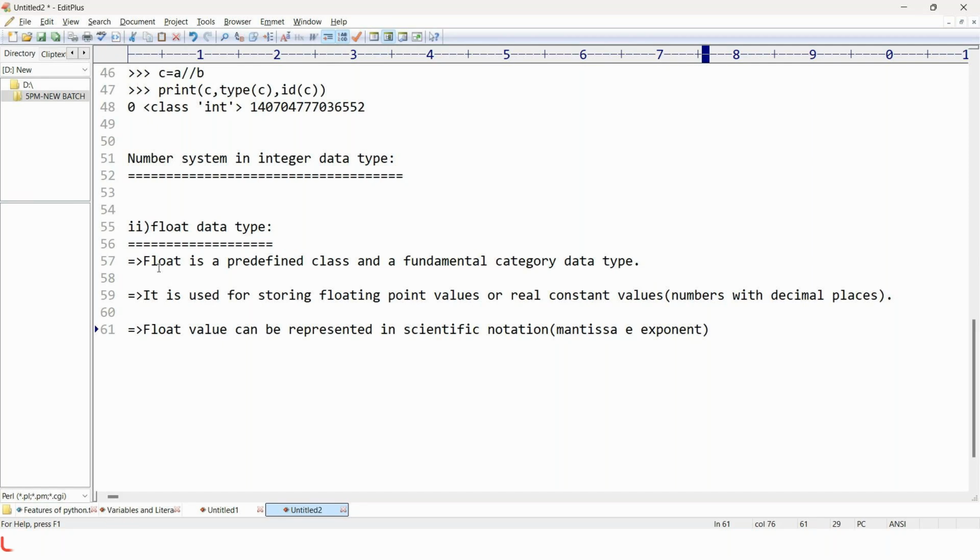I'll explain what it is, to optimize the usage.